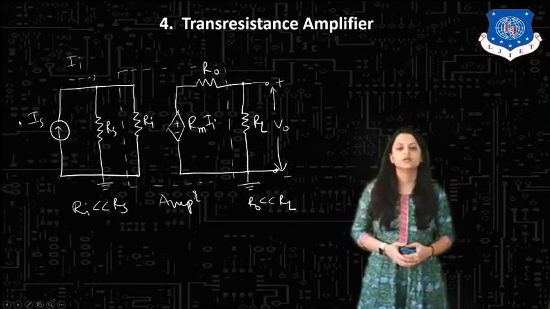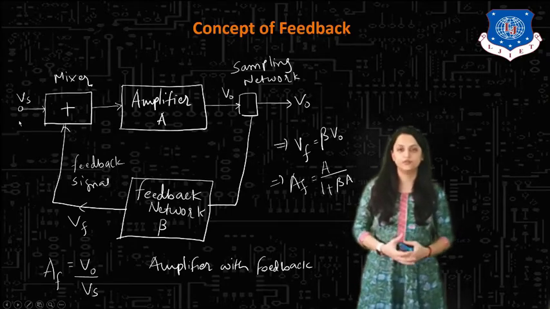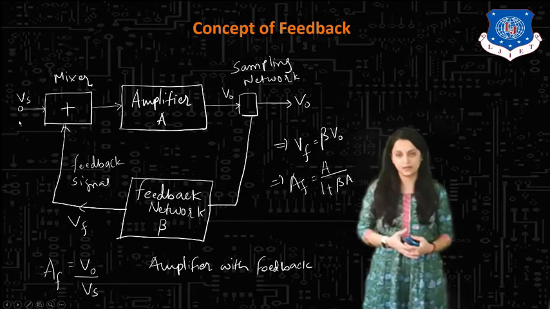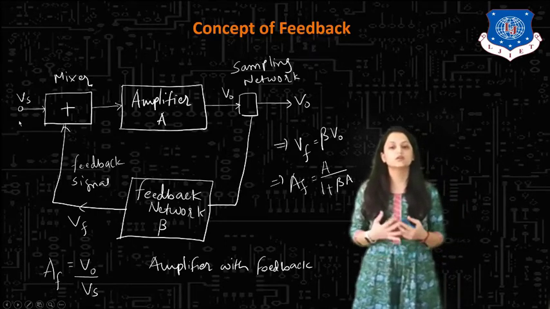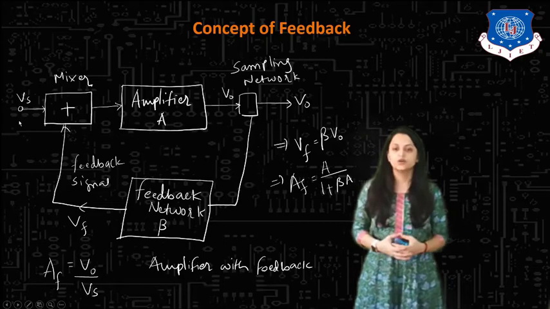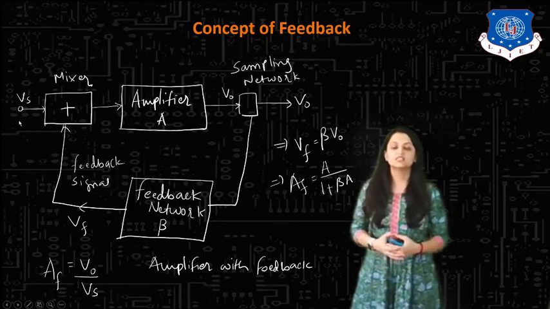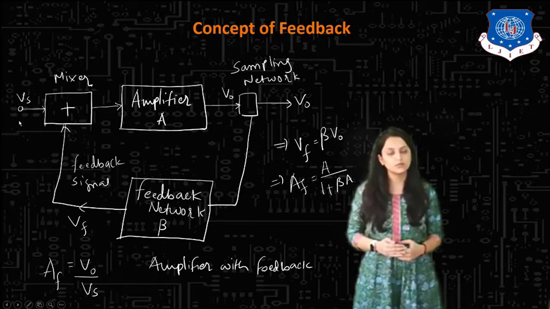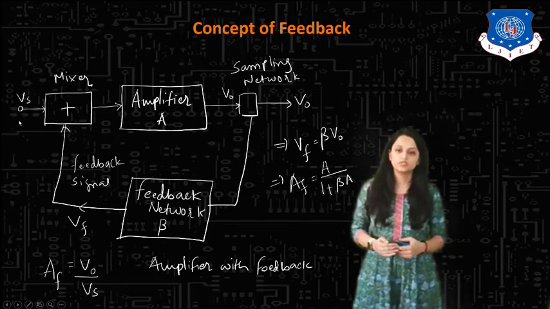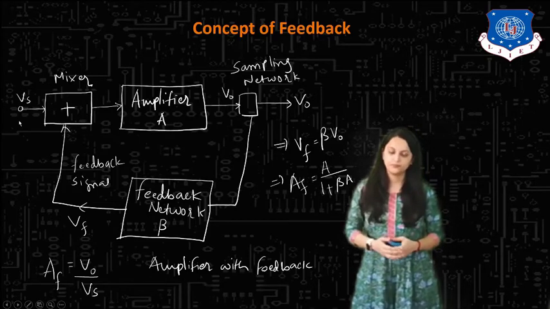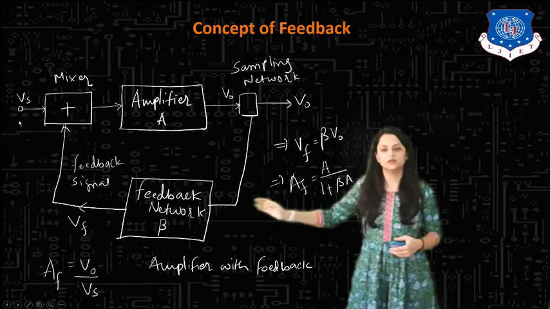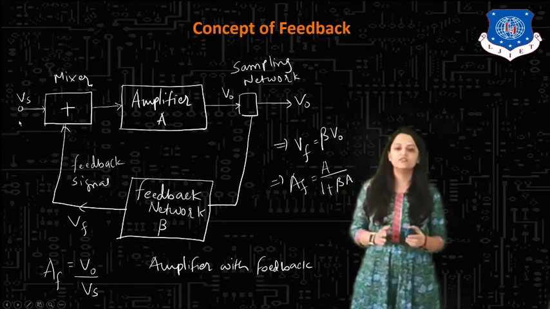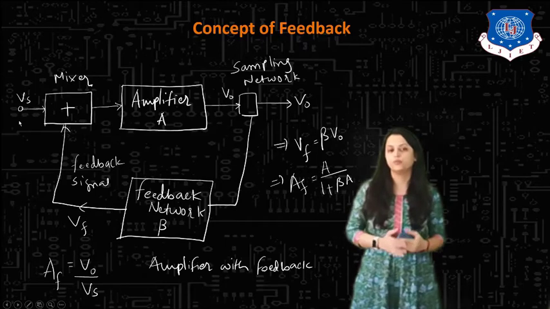Okay. Now let us see the concept of feedback. We have said that we are looking for the feedback amplifiers. So what is the concept of feedback? So here in this diagram, first stage is the mixer stage, where two inputs are mixed. Which are the two inputs in this mixer block? First one is source voltage Vs, and the another one is the feedback signal, which is coming from the feedback network. So basically, if we look at this block diagram, there are main four blocks.